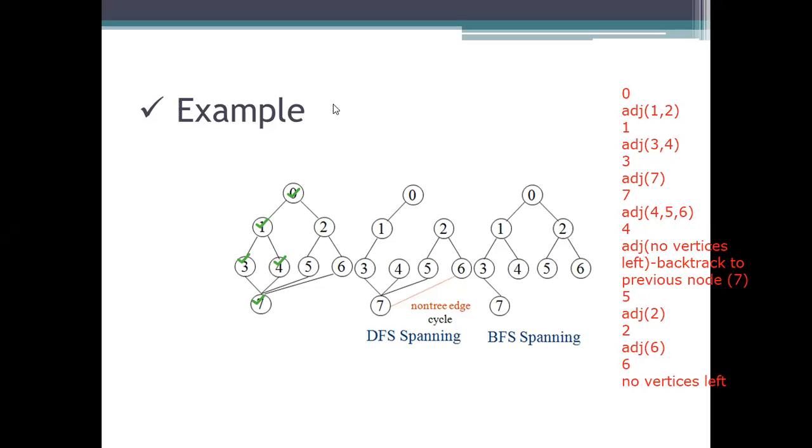What we will do is backtrack to the previous node, and as we know, it will be popped from the stack also. And coming here, we take the other nodes, which are 5 and 6. Let us consider the node 5. It has an adjacent node, which is 2. And 2 has an adjacent node, which is 6.